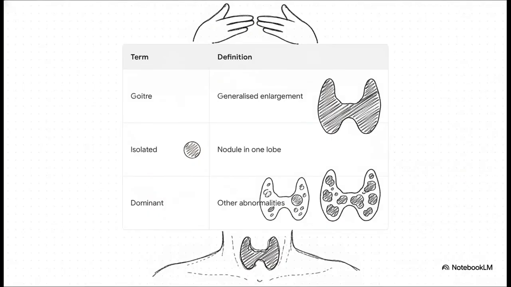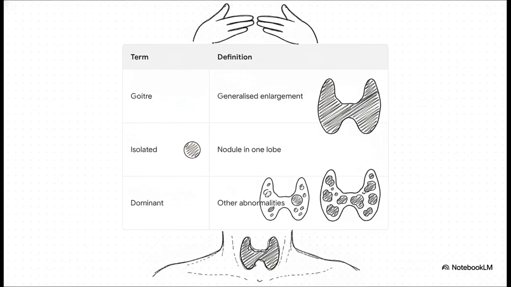Because a normal thyroid gland is pretty much impalpable, nailing down our terminology during the clinical exam is absolutely crucial. Any swelling has to be categorized accurately. A generalized enlargement, that's a goiter. Now, if you feel a discrete nodule in just one lobe with a normal gland everywhere else, that's an isolated swelling. But if you feel the discrete swelling and notice abnormalities elsewhere in the gland, you've got to document that